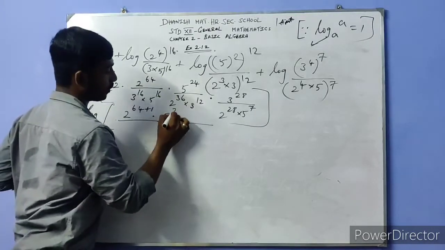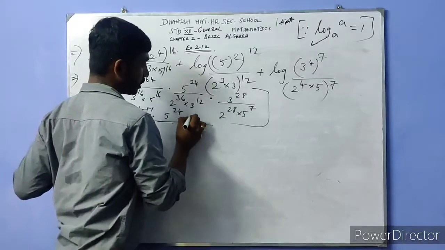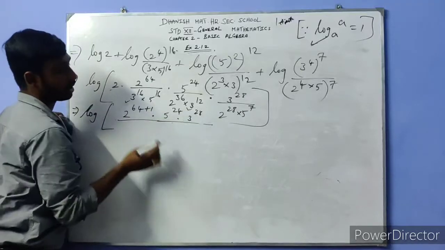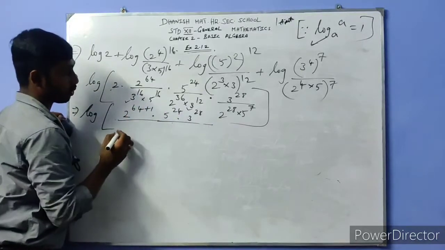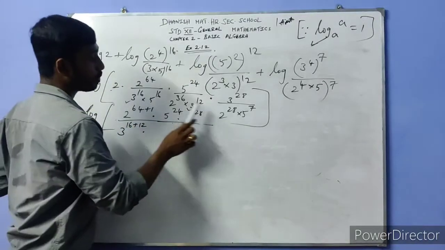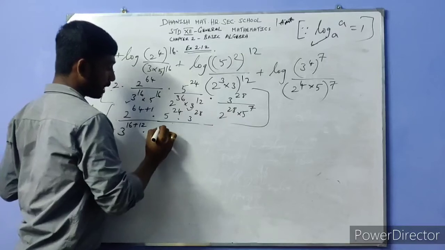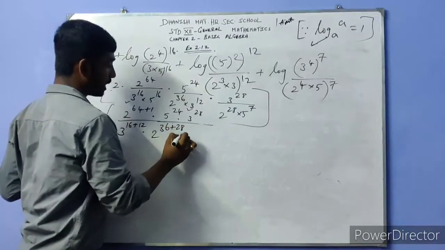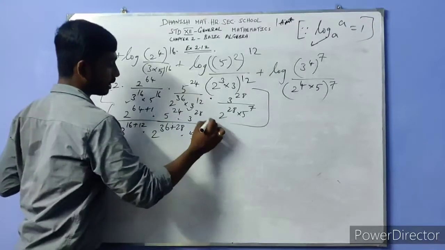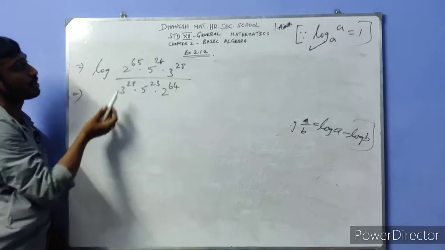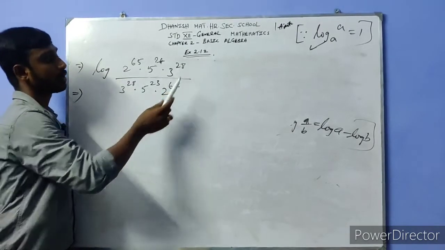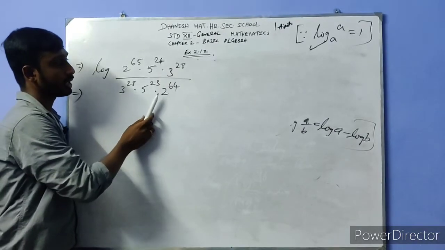That will be 5 power of 24 into 3 power of 28 divided by, here we are having 3, here also we are having 3. So now we are going to add the powers. So what is the condition here? 3 power of 16 plus 12 into, so 2 power of 28 and 2 power of 36 will be added here. 2 power of 36 plus 28 into 5 power of 16 plus 7 here. So now adding, what is the value we are getting here? Log 2 power of 65 into 5 power of 24, 3 power of 28 here, 3 power of 28, 5 power of 23 and 2 power of 61.